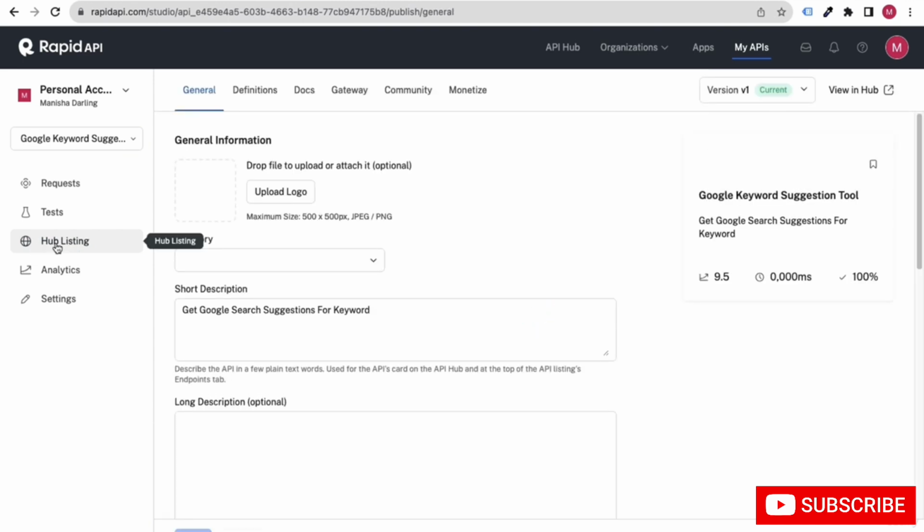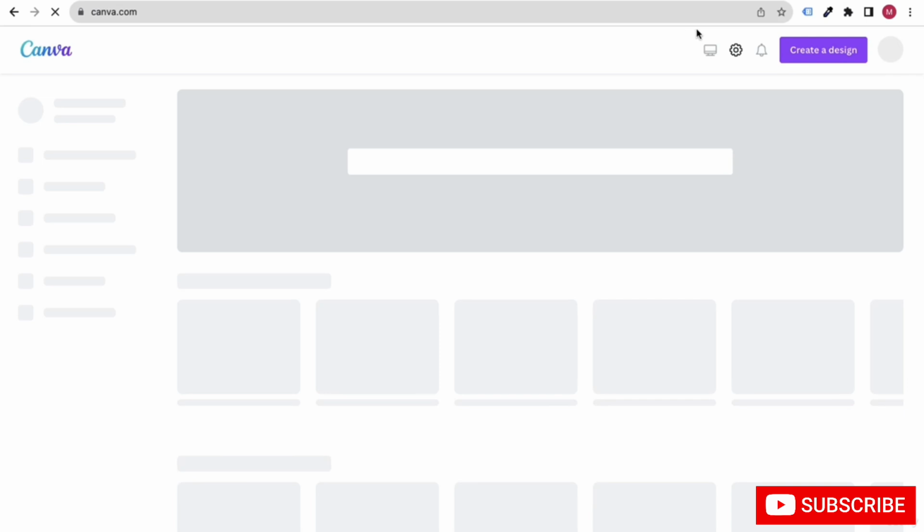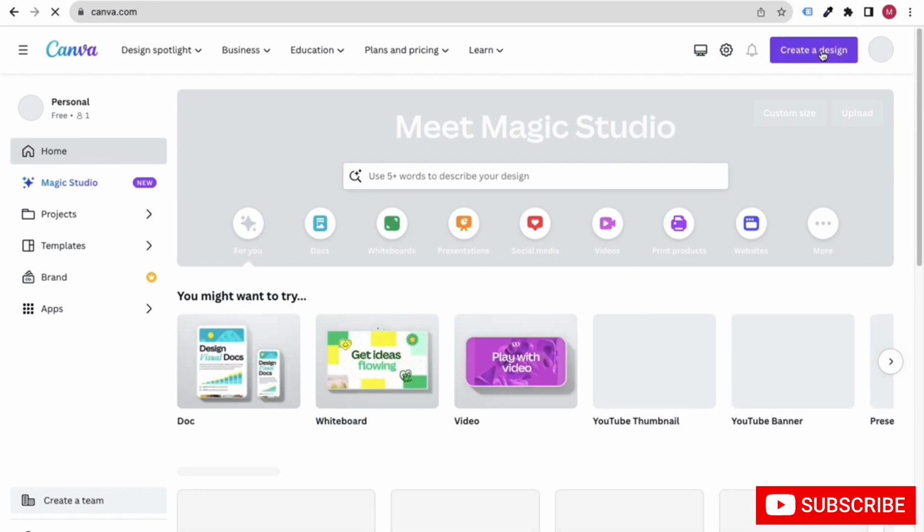Make sure you go to this hub listing, and from here you can upload one logo. To make a logo, you can go to canva.com, a free tool to design it. We will not waste our time here.